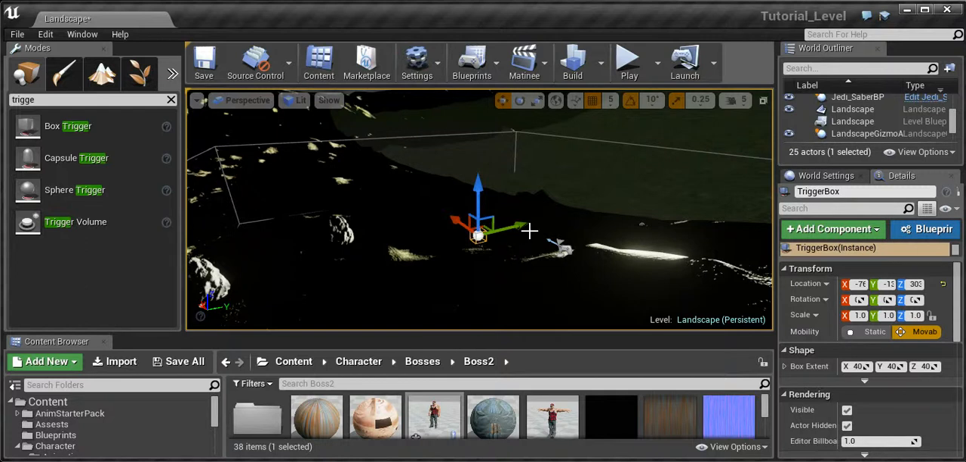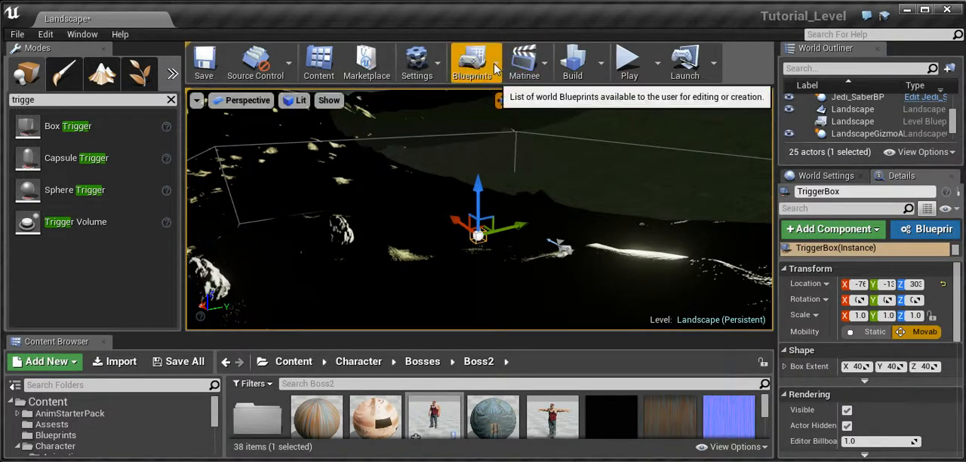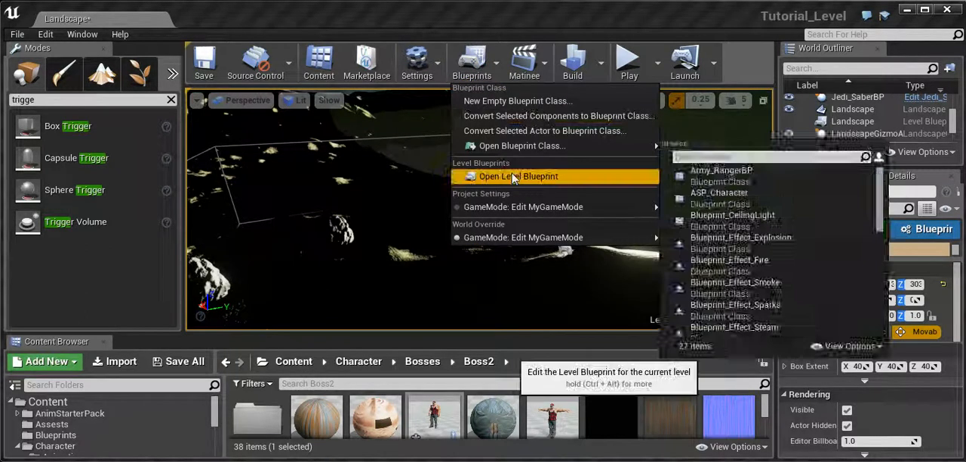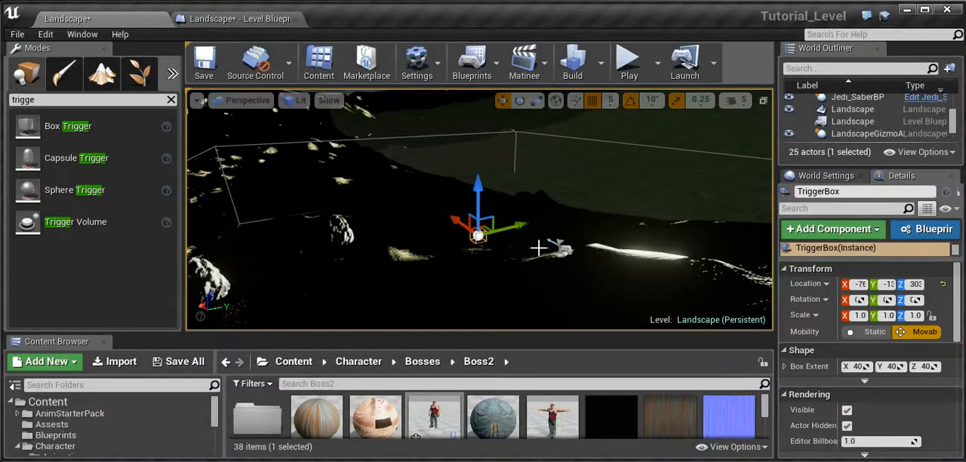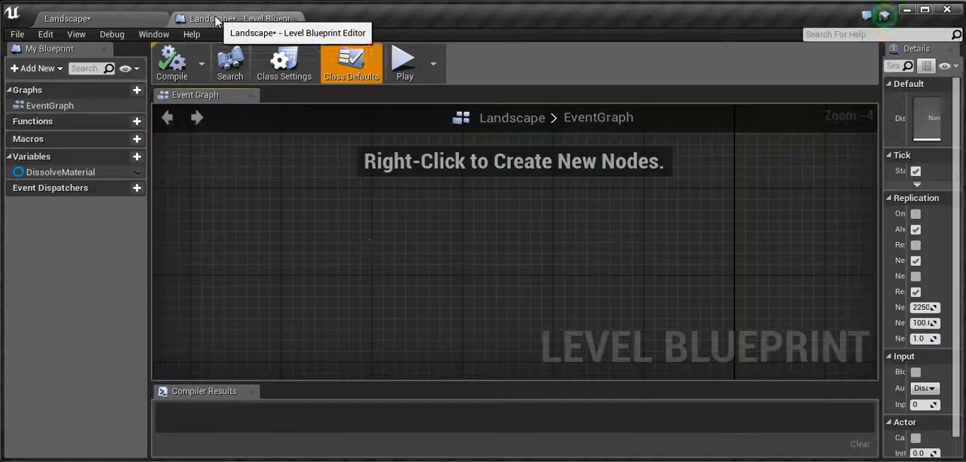So what we're going to do is open up the level blueprint for this level, and add these references to these two points here. You go to the Blueprints tab right here and choose Open Level Blueprint, and it pops up here. And since we have that trigger box already selected,